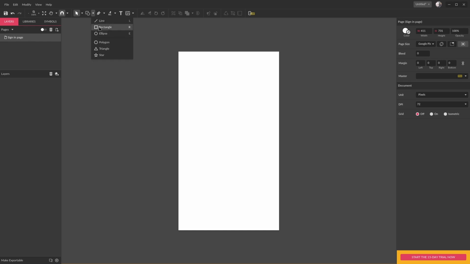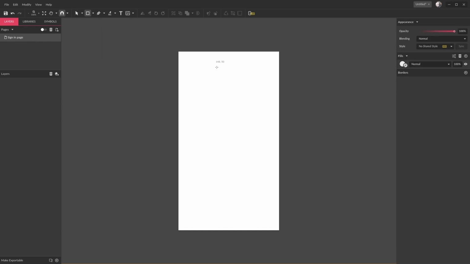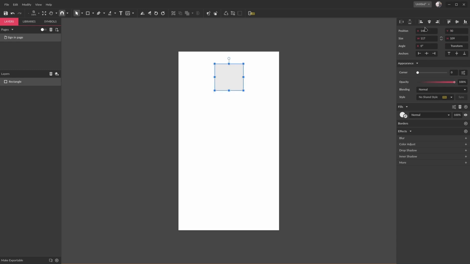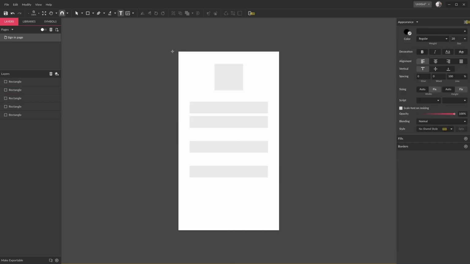Here I'll just be using rectangles. A top rectangle, maybe this will be our logo. Let me align it vertically center. And let's create a bunch of other rectangles. So let's say this is for the email address field. And Alt and duplicate. This is for the password field. Maybe this is a sign in button. And this sign in with Google button. So let me just add text,